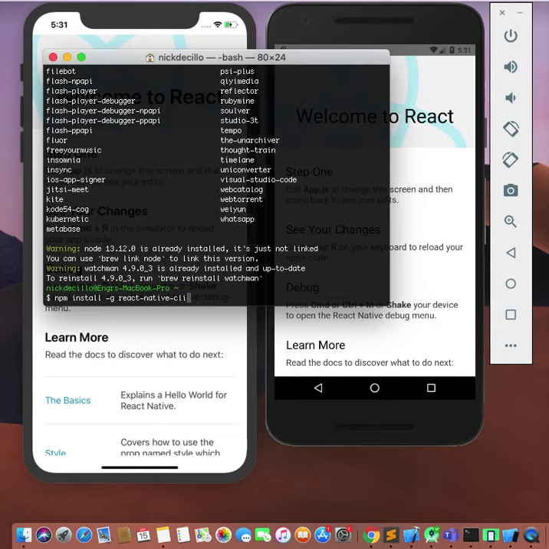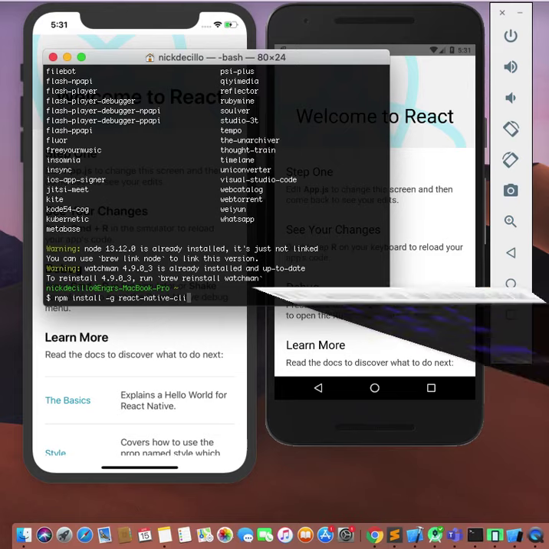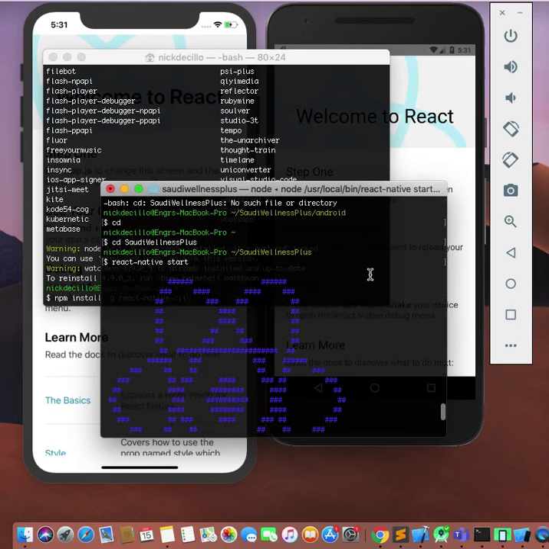Okay, so with this code, the next step is to install the React Native command line interface, so that you are able to see the node earlier. So as I provided you here,